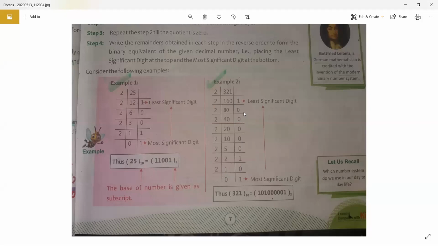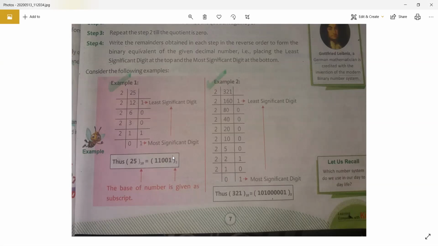Next is the conversion of a binary number into a decimal. For example, we have to check whether 11001 is 25 or not. How will you do this? You will follow the same procedure that we followed in the decimal number system: face value multiplied by the base of that number system raised to the power 0. So here 1 is the face value, 1 multiplied by 2, because 2 is the base of this number system, 2 raised to power 0.